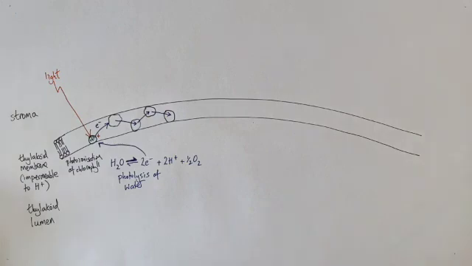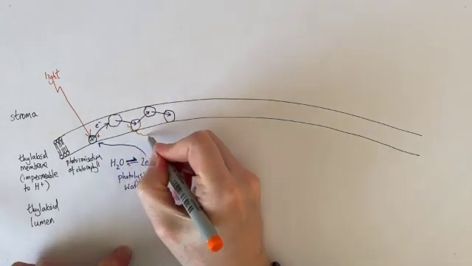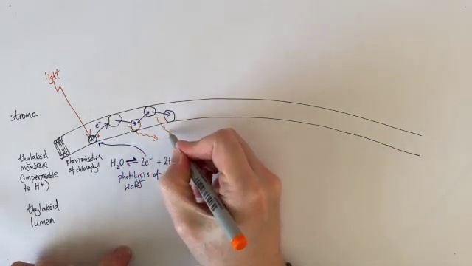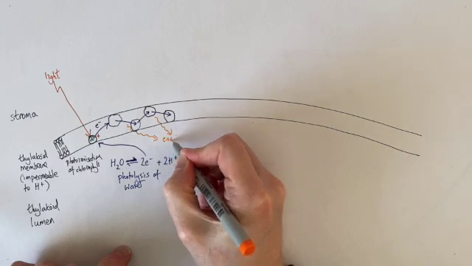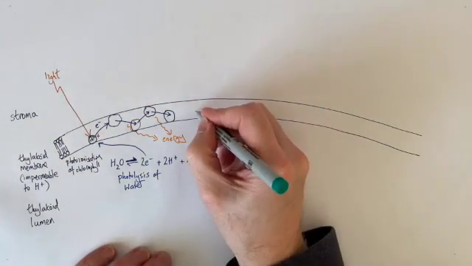And as they move between each of the carriers, they release a little bit of energy. And I'm just going to put that there for the moment. So there's a little bit of energy released as those electrons are passed between those protein carriers. Eventually,